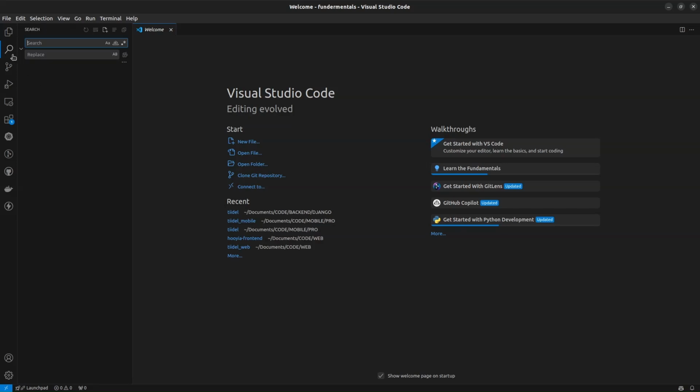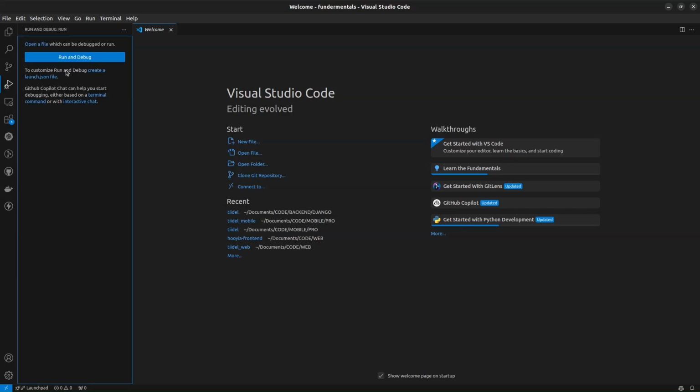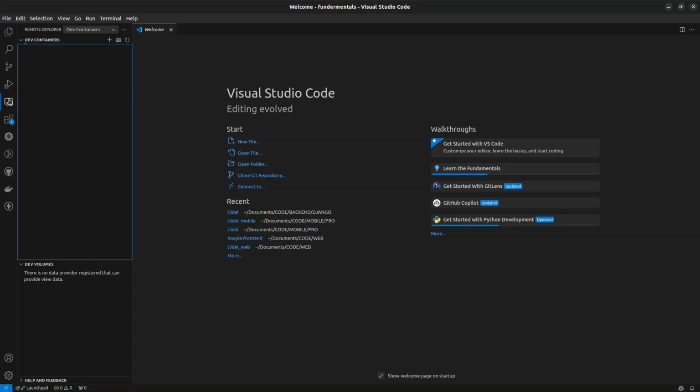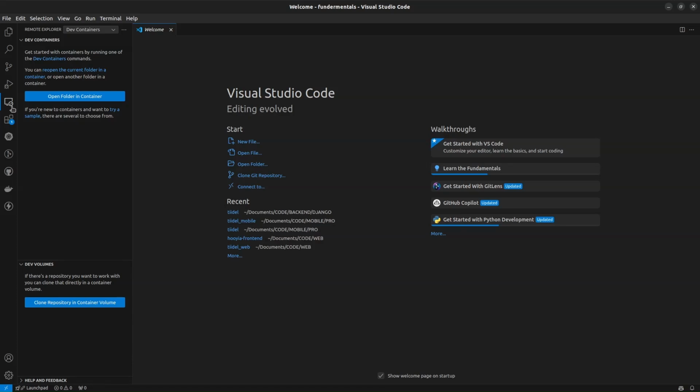If you click on search here, you'll be able to search text based on the files that you have or based on the content of the file. This is a custom extension that I installed for... No, I think this one comes with Visual Studio Code, as well as this debugger, so you can also debug. The next one is the dev containers,